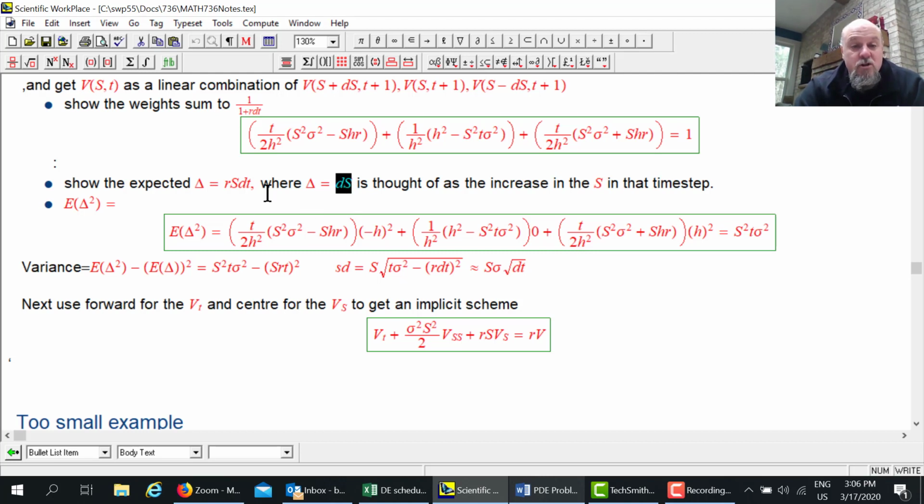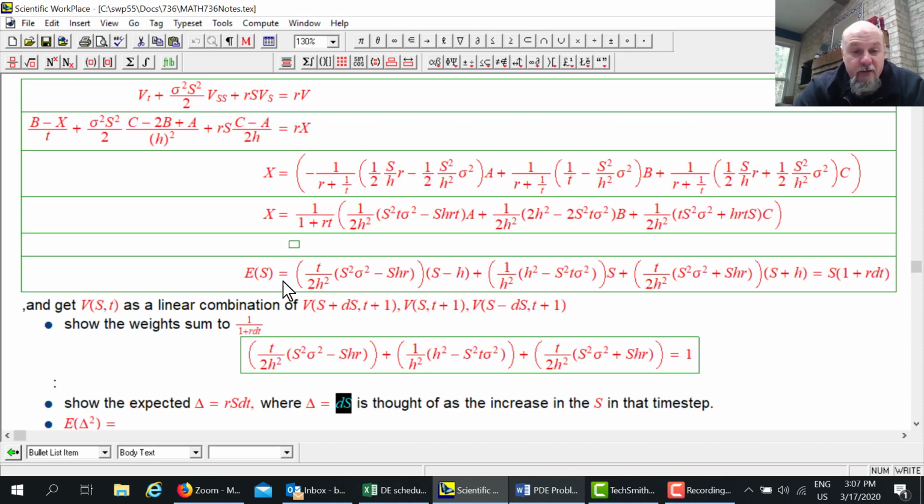Now, I want to show that our expected dS is equal to RS dt. We sort of already have that, right? Because the expected next stock price is S plus SR dt. So the expected change in stock price is the difference between S and S times 1 plus R dt. So that's the SR dt. That's the expected change in the stock price,